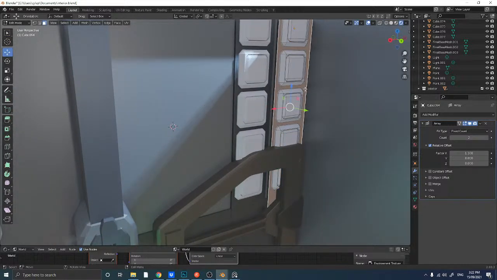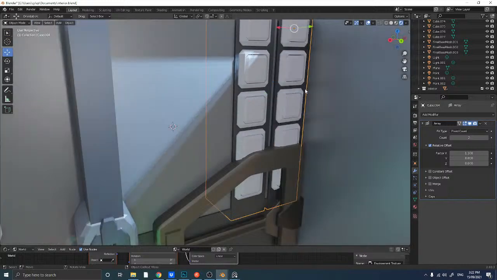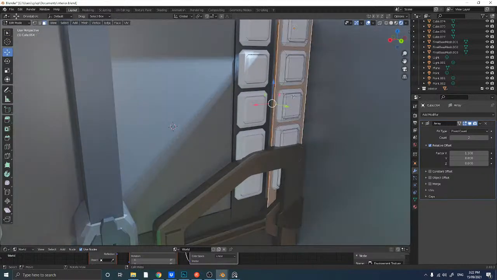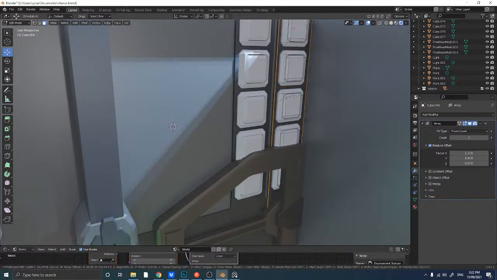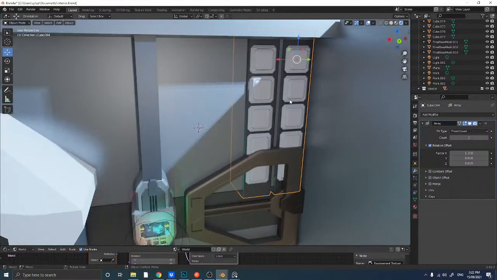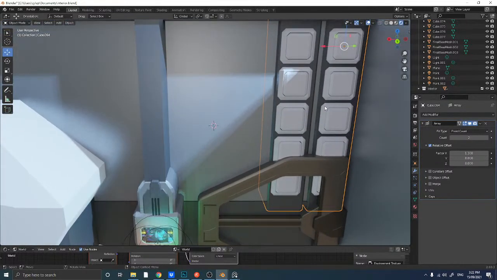Just like that. Go L. Yep. Control A. No, that won't work. Can I tab out? What happens if I do that? Control A, rotation scale. Control B. Bevel, but just get a bit of a bevel there. That's better. All right, now let's come back here and let's make this